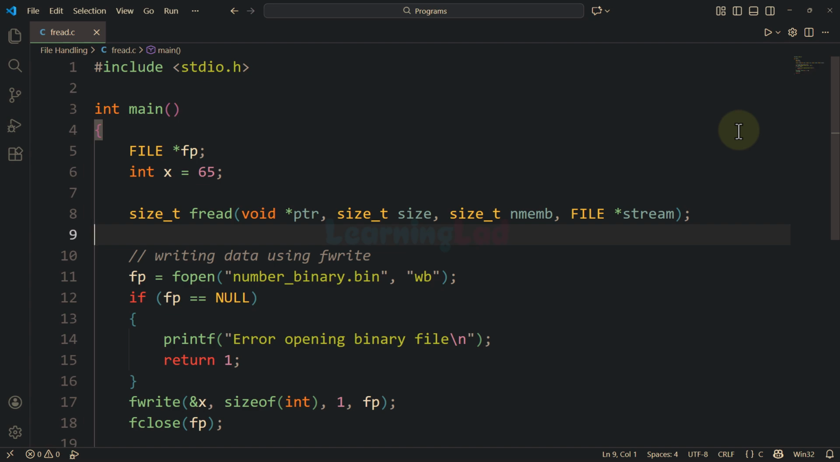In this file handling tutorial, we will be discussing the fread function, which is a C standard library function. It is used for reading binary data from the file stream and storing that in the computer memory. In the previous tutorials, we have discussed the fwrite function, which is used for writing data to the